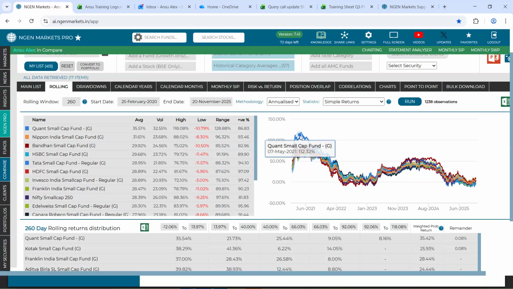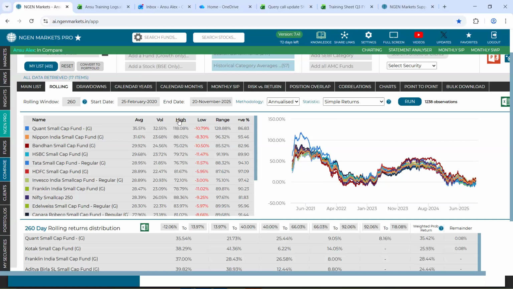Now, as I mentioned, we consider the daily rollings for every 260 data points. And once we take an average of this data set that you see on this line chart, we arrive at this average rolling return. Following that, you can see something mentioned as VOL, which stands for volatility. So this tells us how volatile are these rolling returns.